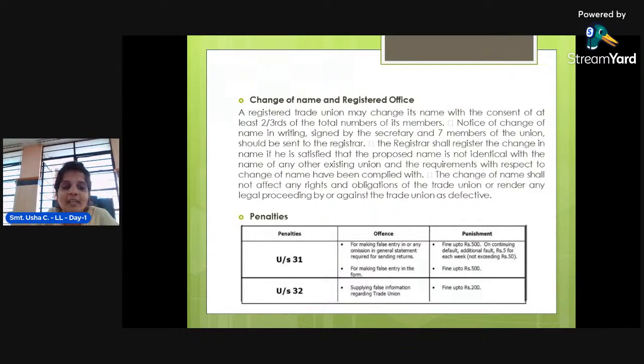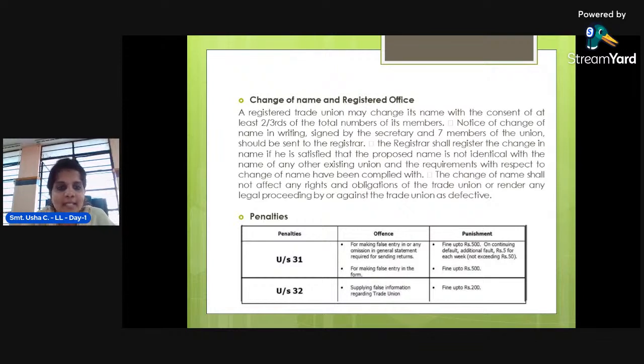In case they are found faulty in fulfilling the compliances after the registration of the trade union, the government imposes penalties for the offenses, or punishment on the trade union. So under section 31, for making a false entry or any omission in general statements required for sending the returns,